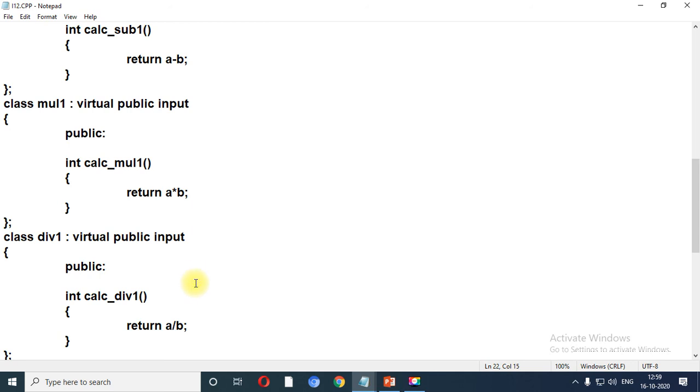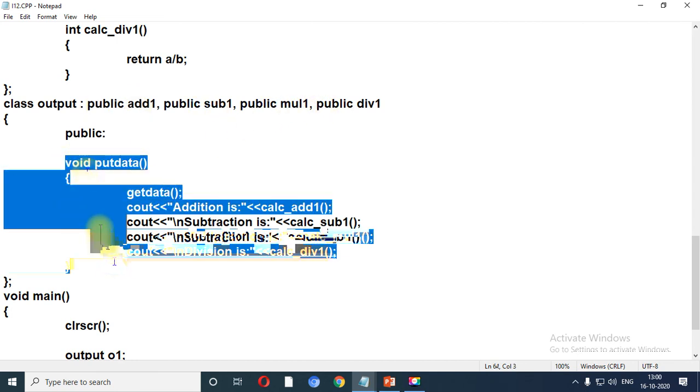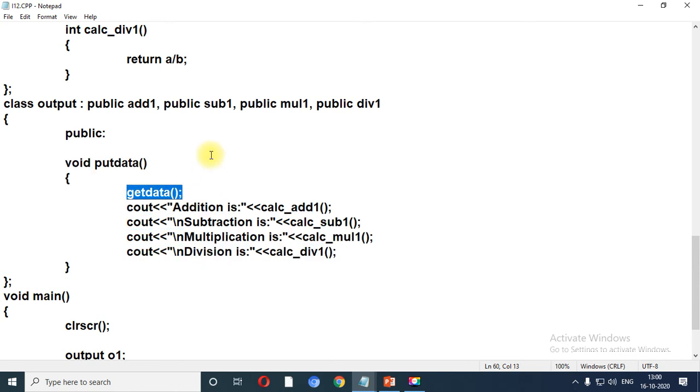The last class you need to develop is class output, but for that you need to inherit four classes: addition, subtraction, multiplication and division, and inside that you need to create one method put data. Inside put data we have called the method of input class, that is get data, and four methods which are part of addition 1, subtraction 1, multiplication 1 and division 1.